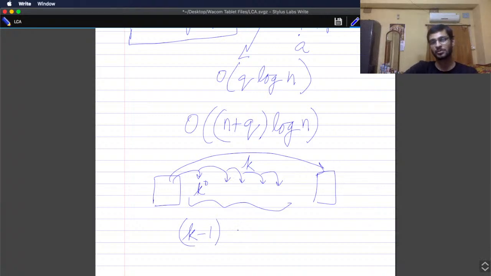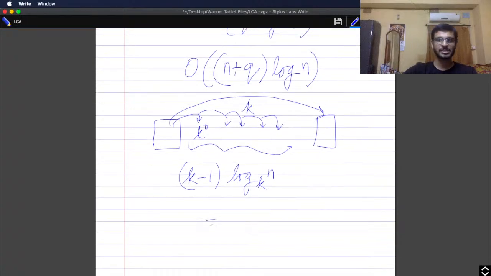Extra k minus 1 computation. And we can say this will eventually lead to log of n to the base k. And if you look at this, this is basically n into log of